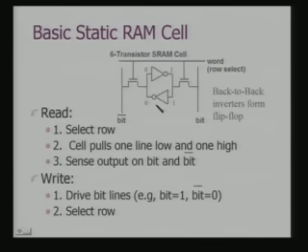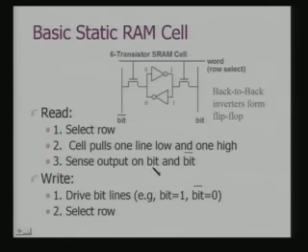So, when you read data, you select the row. This is your select word or row select line. Selecting the row means effectively you are activating these transistors, and you sense this bit bar and bit line. These two lines are actually fed to what we call a sense amplifier. So, the difference in their currents is actually sensed to read the data.